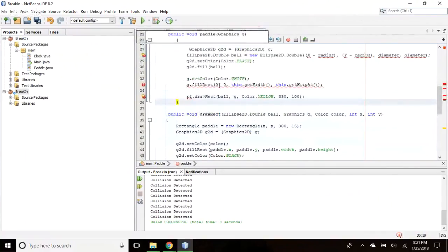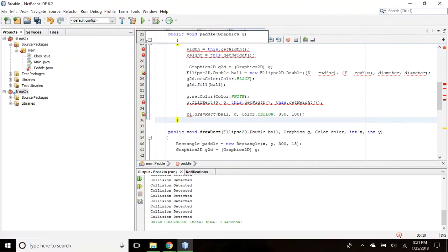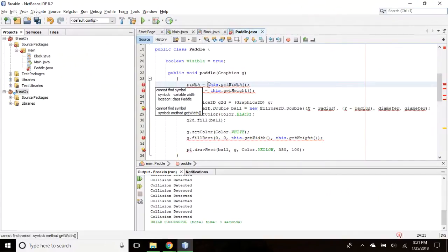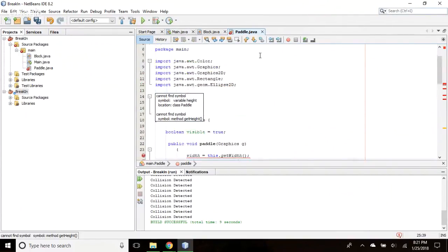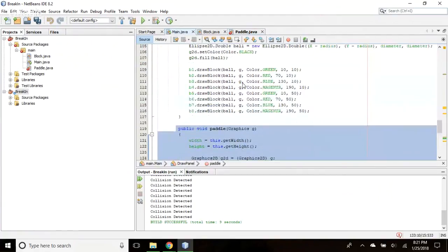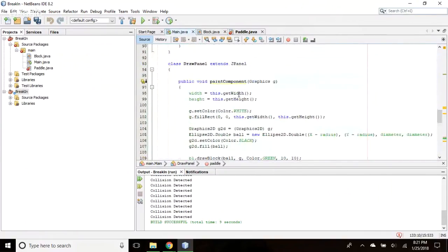Now, if you want this to be the constructor, we'll have to figure this out. So, yeah, it's got to Alt-Enter. Give yourself a hint there, the Alt-Enter. Hit Alt and Enter. See how it says Alt-Enter? That's what Alt-Enter does. Oh. Okay, so then it says it cannot find the symbol height. Did I have that in the other one? Yeah, right. You have to define your own. You have to define your own heights and widths for your paddle.